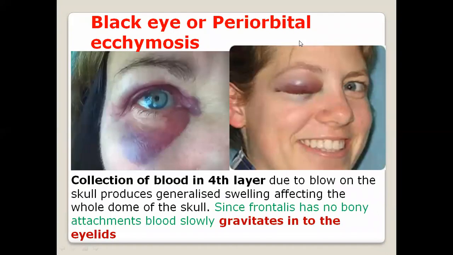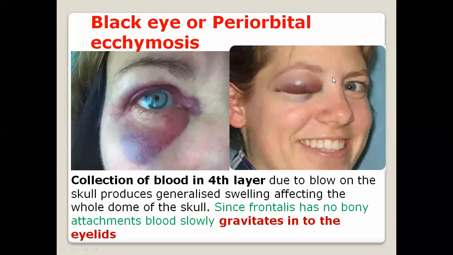And one important applied aspect here is black eye, or periorbital ecchymosis. I said there is no bony attachment for the loose areolar tissue. That's why, with any blow to the skull, or if you hit your skull on the wall or accidentally in the bus while traveling, the blood will leak and there will be generalized swelling affecting the whole dome of the skull.